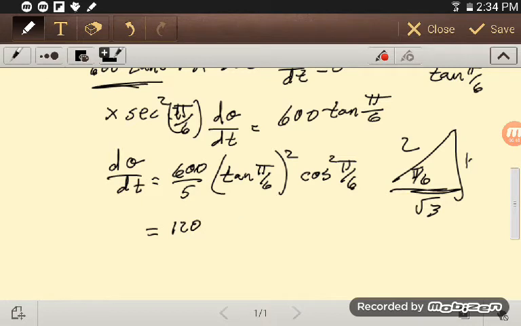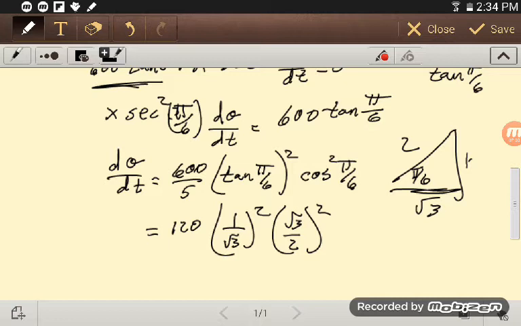So that is, well, 600 over 5 is 120. And then we have tangent, so we have 1 over the square root of 3 squared, and cosine was the square root of 3 over 2 squared, so square roots of 3 will cancel each other out, and we'll get a 1 over 4. So, amazingly, we get 30. Now, I wouldn't have seen that coming. So our angle of elevation is changing at